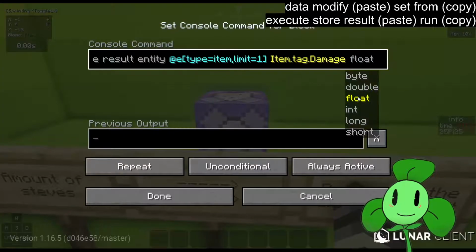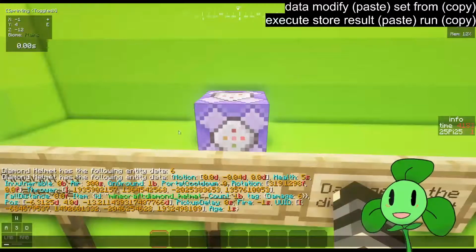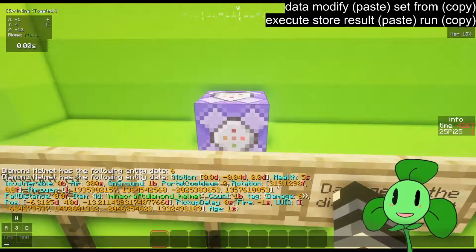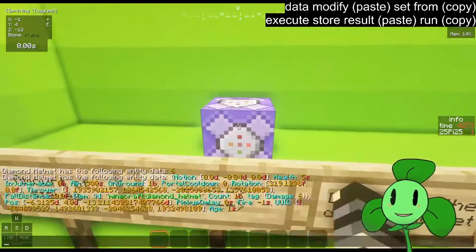So we have byte, double, float, int, long, short. And if you take the first letter of each one of them, we have B, D, F, I, L, S. We have F, S, B, D. So basically just take the first letter of byte, double, float, int, long, short, and then apply it to whatever